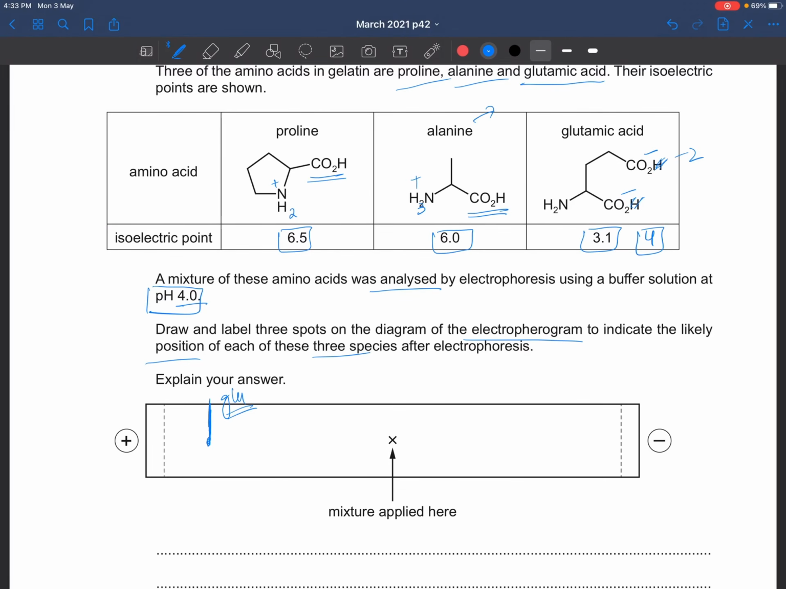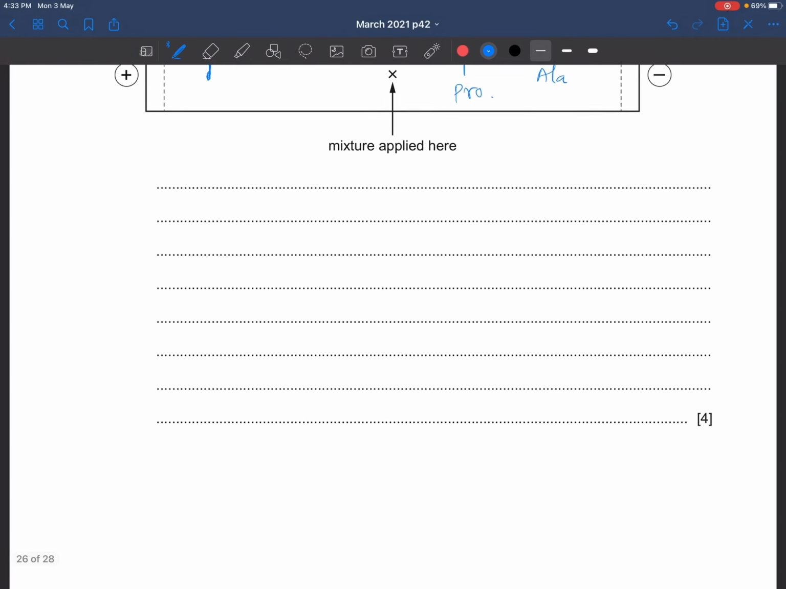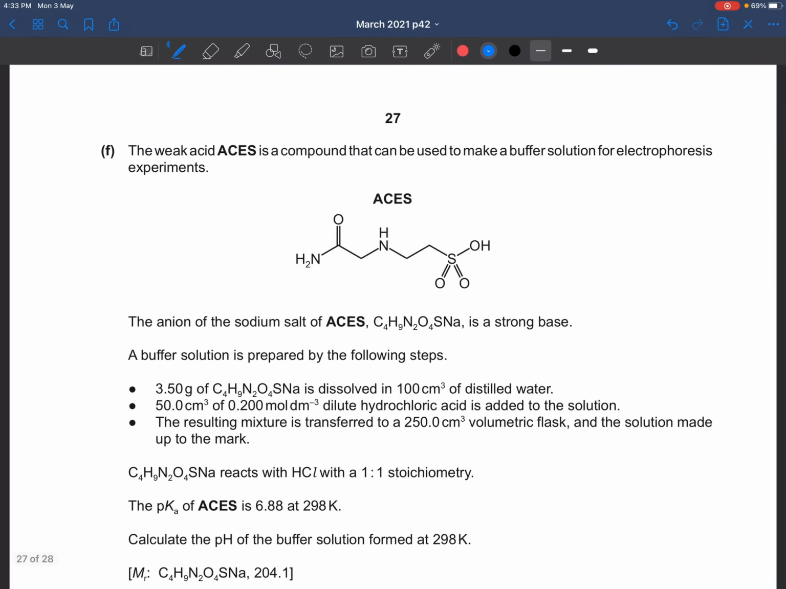And as alanine is the smaller one, it moves a larger distance. So let's suppose here is alanine and here is proline. See, so you just have to explain this thing. Now the next question is,